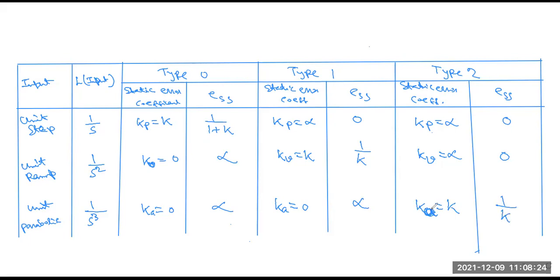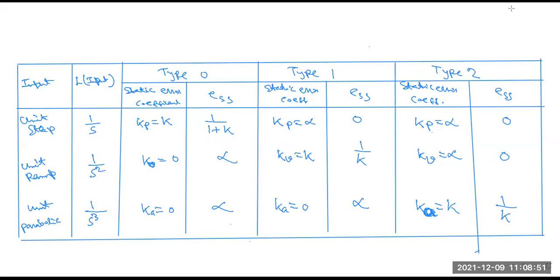Okay, so this chart is very important. Please everyone note down this chart. This is very important for the control system, type 0, type 1 systems. Is it clear? So these are the different forms we have covered in the last two classes: type 0 system, type 1 system, and type 2 systems.